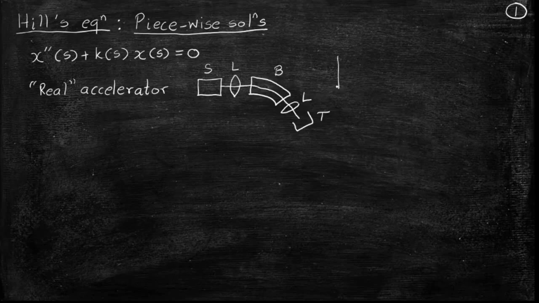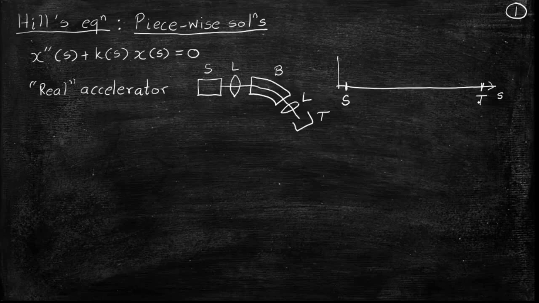for the last couple of weeks. Let us say that I have the displacement along the nominal trajectory on the horizontal axis. This is the source point which we have described, and this is the target point. And suppose on the y-axis, let us plot k as a function of s. What would be k for different situations?